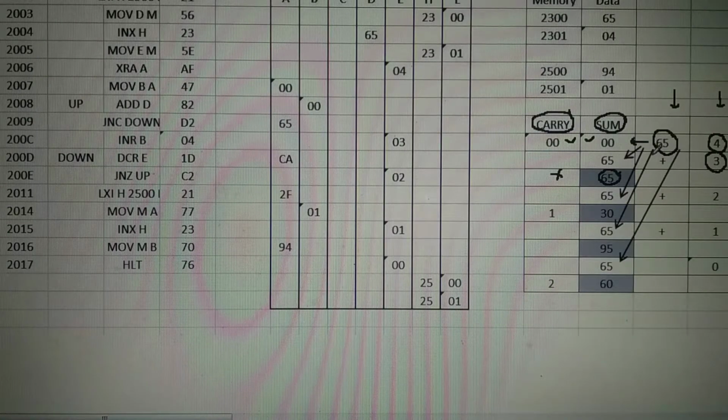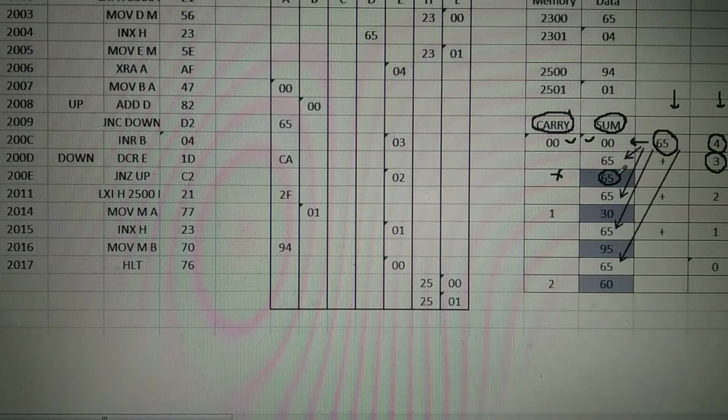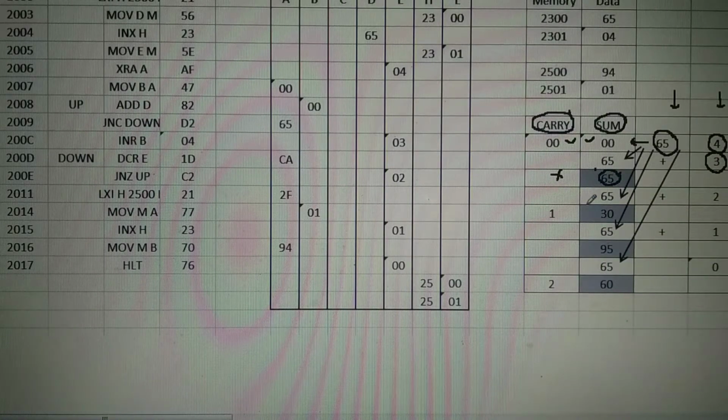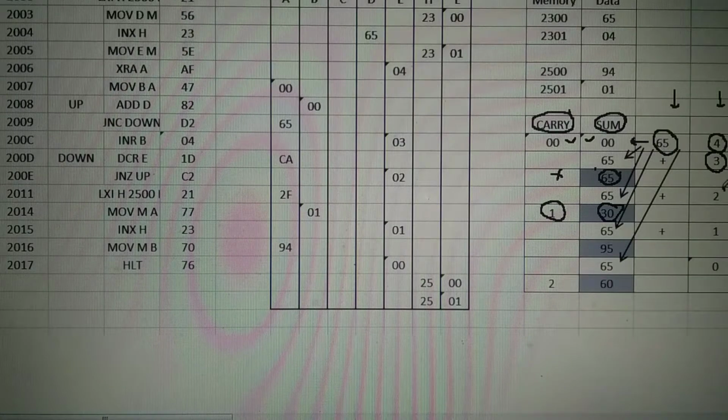Now again add the 65. Here 65 plus 65: 5 plus 5, 0. Carry over 1. 6 plus 6, 12. 12 plus 1, 13. Carry is generated. As a carry is generated, increment the value in the carry box, and the sum box contains only 2 digits, therefore you are having the number 30. Now again decrement the number in the fourth box. That means 2 times the addition has taken place and 2 times the addition is remaining.